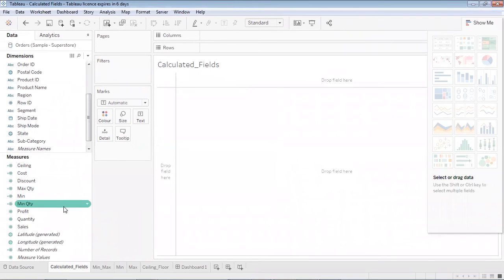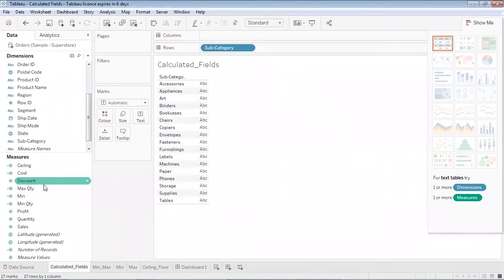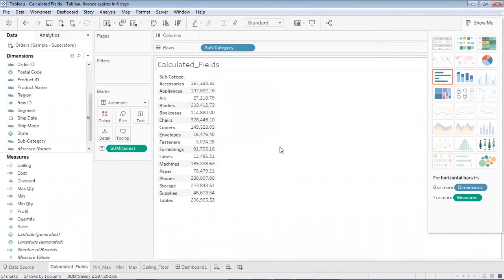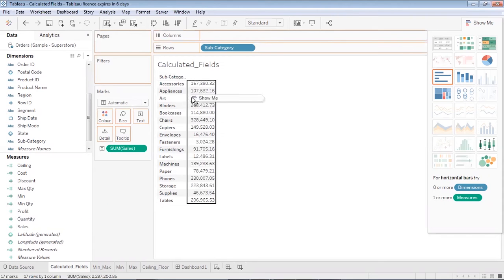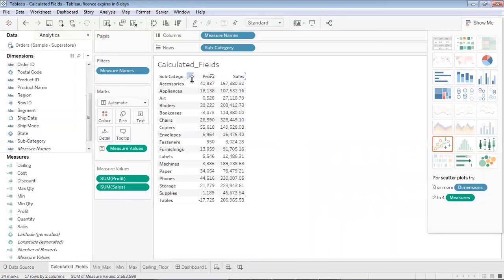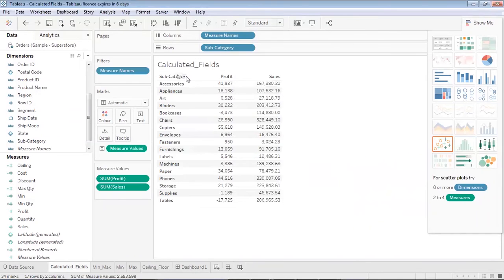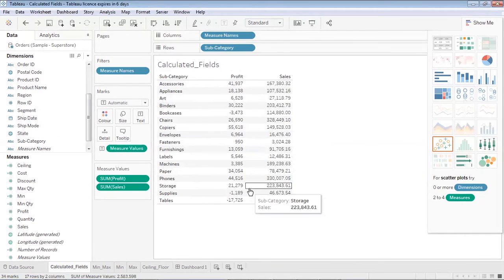I would like to see, for the subcategory of the products, the sales, which is the selling price. I would like to convert it into a table. So this is the total selling price of each subcategory of the product, and then we'll plot it with the profits generated by each of them. So we'll place the profit also over here. So I have got these two columns in my table. Let me extend the width of the table so that it is clearly visible. Okay. So for each of the subcategories of the products, I have the profit and I have the sales.